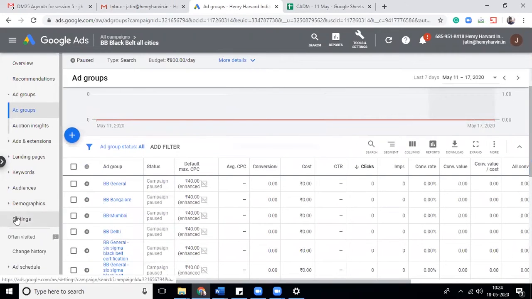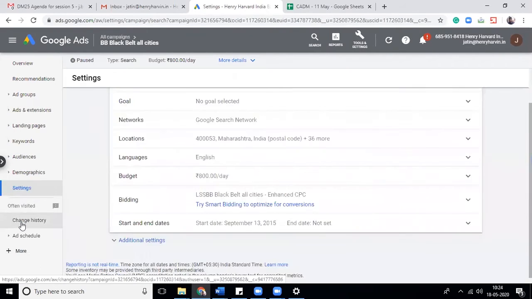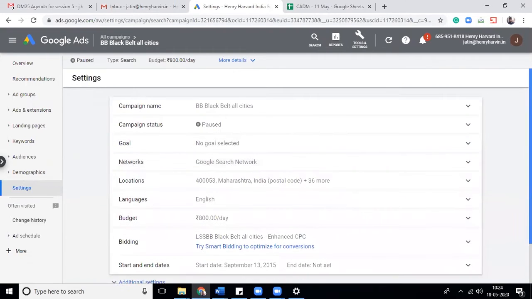ठीक है. अब कैंपेन्स के साइड में you will see that in the bar in the top left hand side bar there is an option called setting. So this is campaign setting. Okay, what is campaign setting? Campaign setting is primarily the different settings you can do for this campaign so that this campaign work according to your wish.